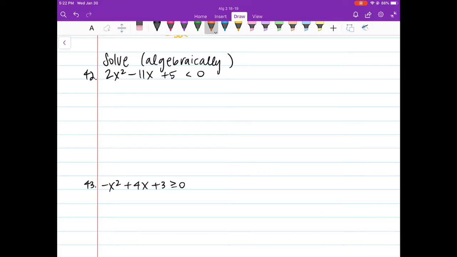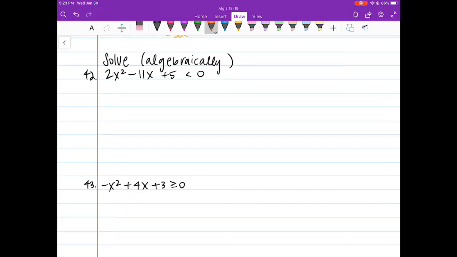So as we're reviewing for our quiz for sections 4.8 to 4.10, we are moving on to problems number 42, 43, and 44, which all come from section 4.9. Now remember, in section 4.9 we covered problems where you're asked to graph two-variable quadratic inequalities, where you have to keep in mind: do I use a dotted or solid line? Where do I shade? As well as one-variable quadratic inequalities, where we usually solve algebraically and then often